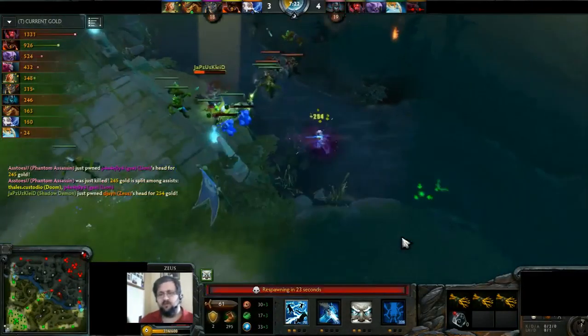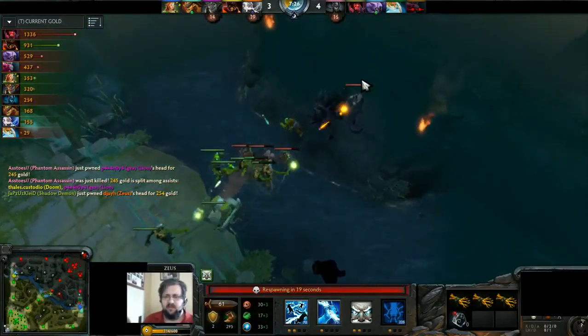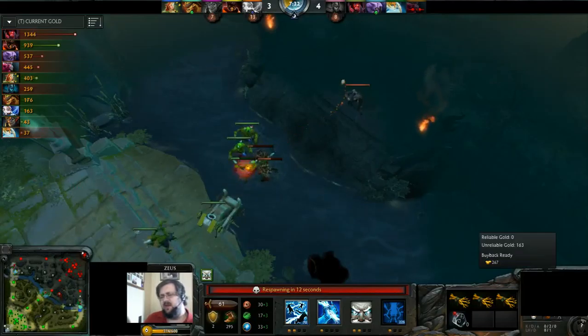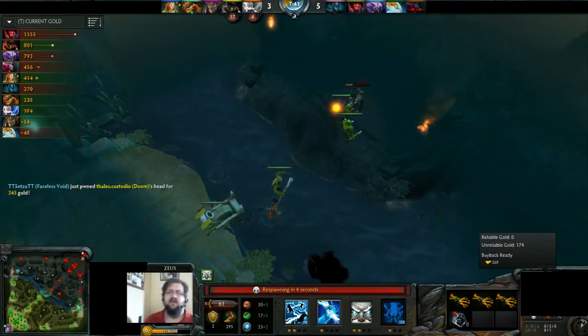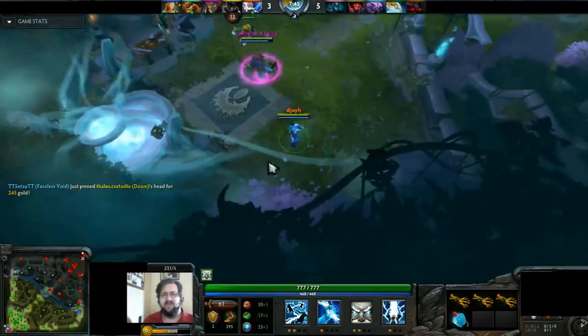Should have just turned and fought. That's one of my biggest flaws in my game right now, is after I get initiated on, I try to turn and run in a hopeless situation. So, Zeus does not have the escape ability of, say,